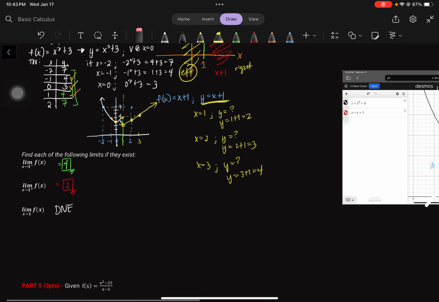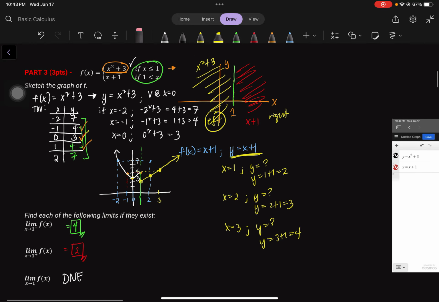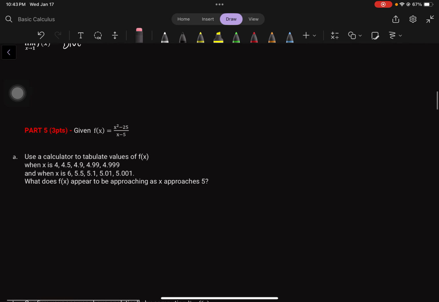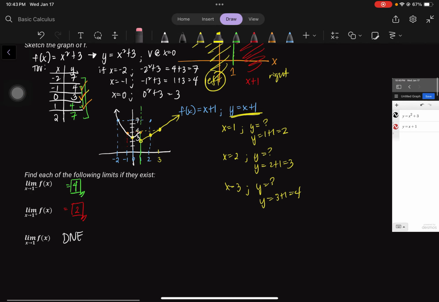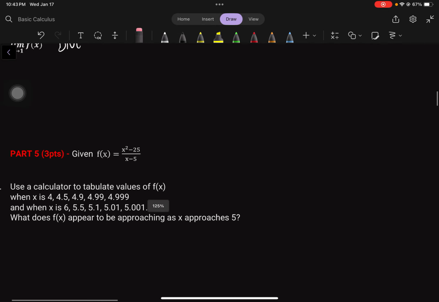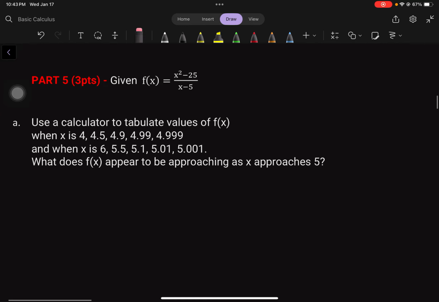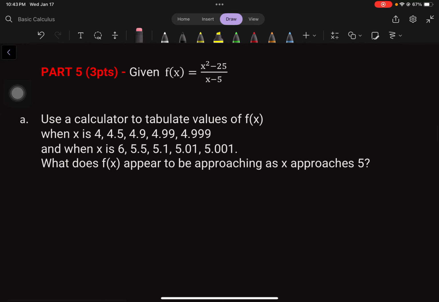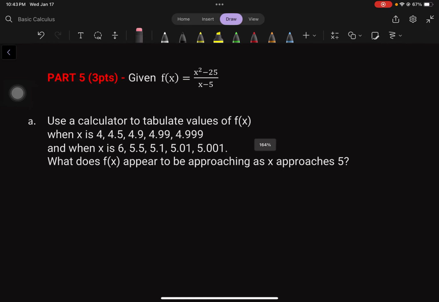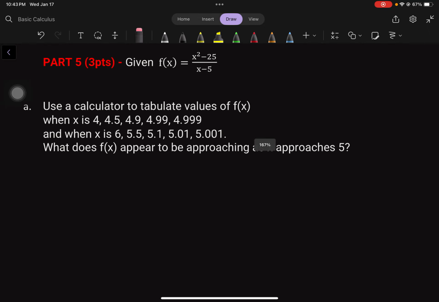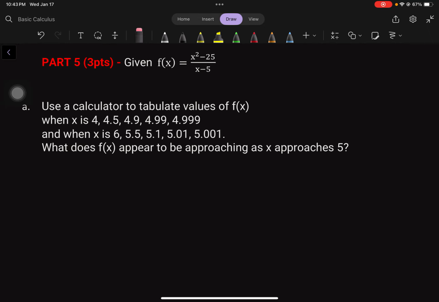Next. So hopefully you understand this problem. Next, actually we don't have part 4. Let's have our part 5. The given function is f of x equal to x squared minus 25 all over x minus 5. So we will now use a table of values for the one-sided limit from the right and from the left of the given